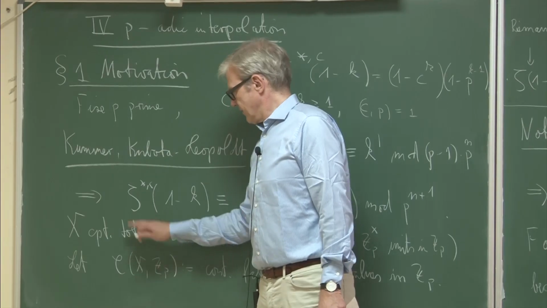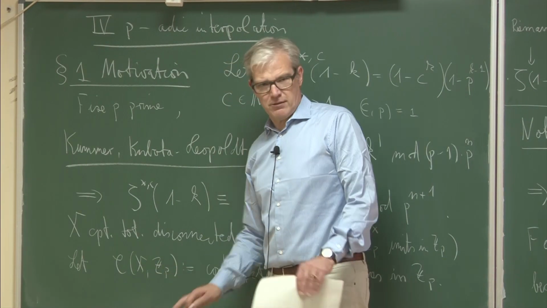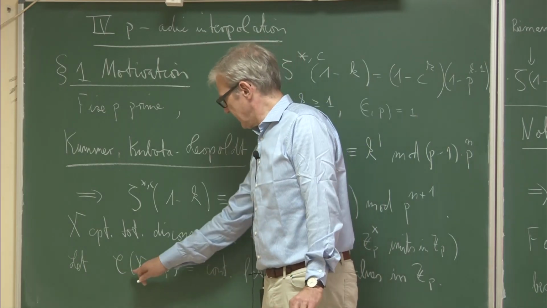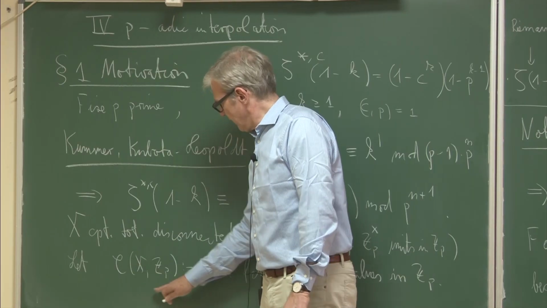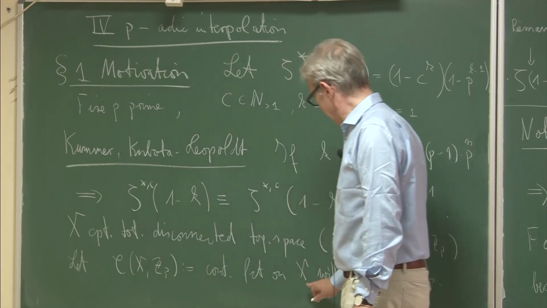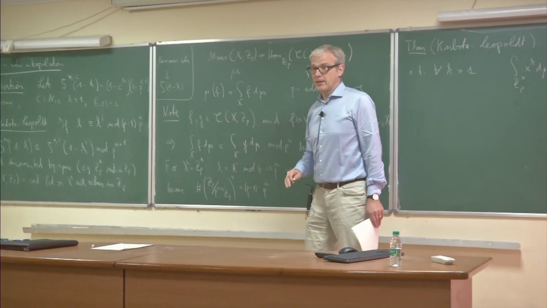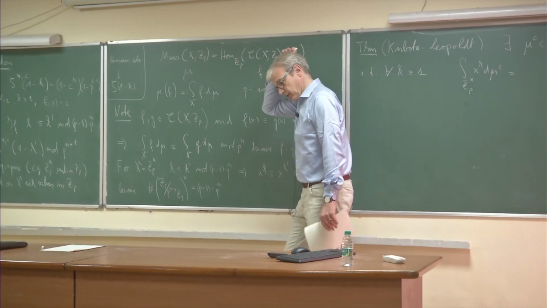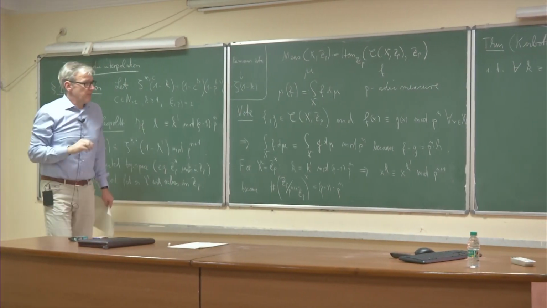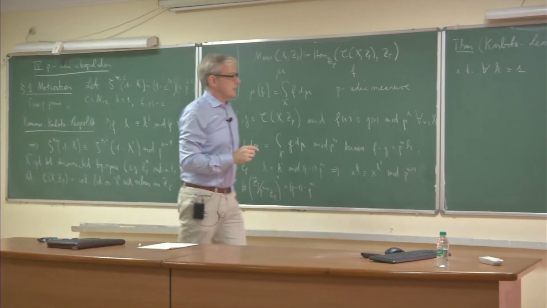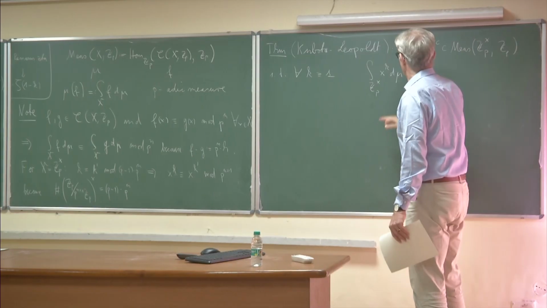It has a strange topology, but never mind. And you don't take values in complex numbers or reals, but in the p-adics. That's number theory. But you can say what the continuous functions are, and then you define a measure to be a functional there. And as I said, this is automatically continuous, so you don't have to worry in this setup. So the point is that there's really a measure explaining all these congruences,